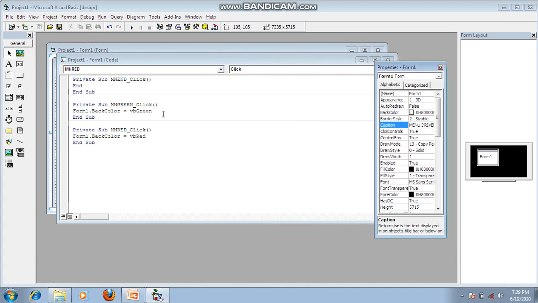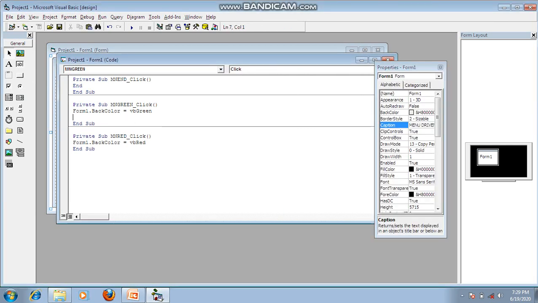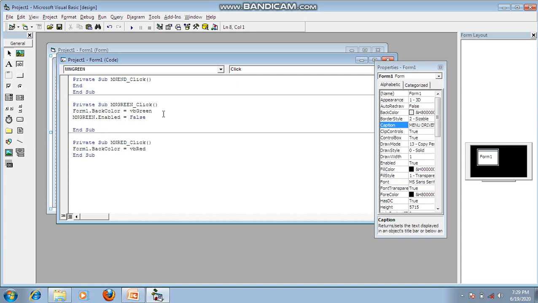See here. So when I press green, mn green is the name of this button. mn green.Enabled is a property, Enabled false, okay, and mn red.Enabled is true, right.